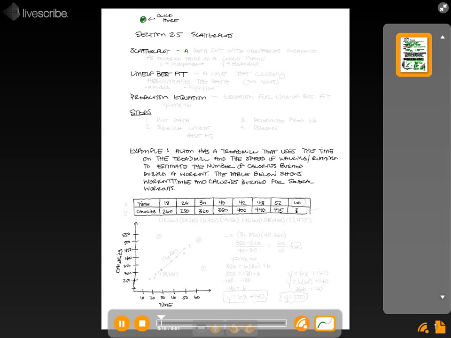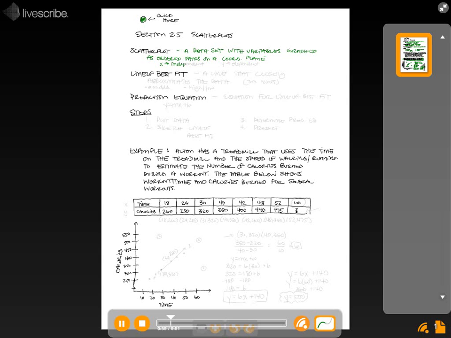A scatterplot is a data set with two variables graphed as ordered pairs on a coordinate plane. Okay, again, a scatterplot is a data set with two variables graphed as ordered pairs on a coordinate plane. Now remember, your x variable, when you're looking at a chart, the x is going to